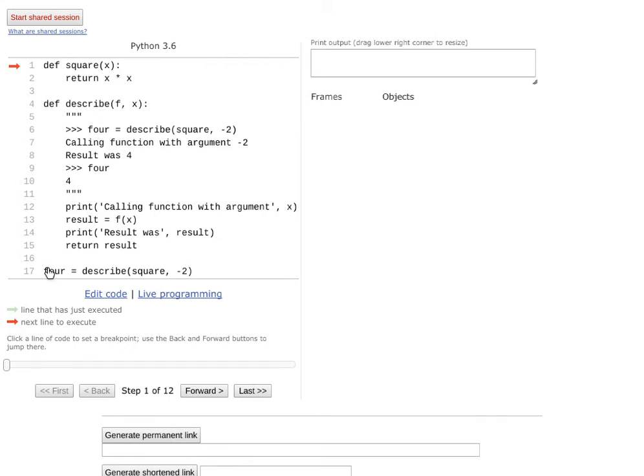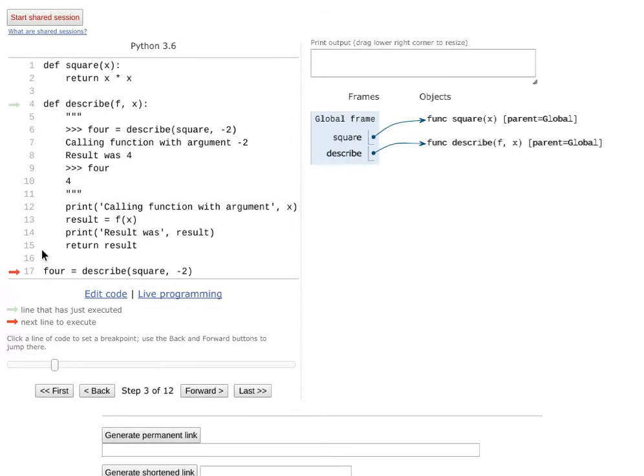And in the body of the function describe, what it does is it prints a little bit of useful information. It's going to tell me I called the function with this argument x. Then I actually try to call it. And at the very end, I print the result was this result. So what I'm doing here is I'm going to tell myself a little bit more about what I just did, essentially. So the idea should be, if I try to run this a little bit, I'll define square, define describe,